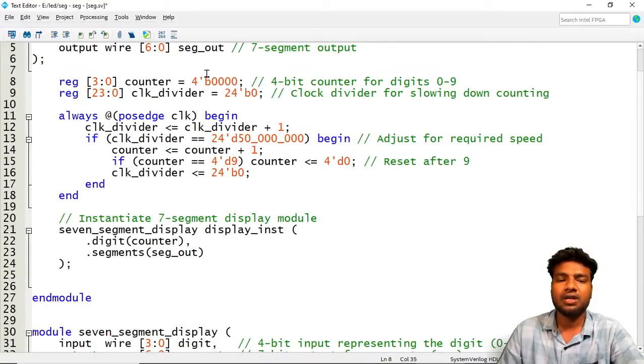For that I am using a counter and a clock divider. I am going to use the counter for clock division. Yesterday we also saw a clock divider: it counts up to 5 crore times to make a 1 second delay. Same logic here. For that I am using another variable, a clock divider,